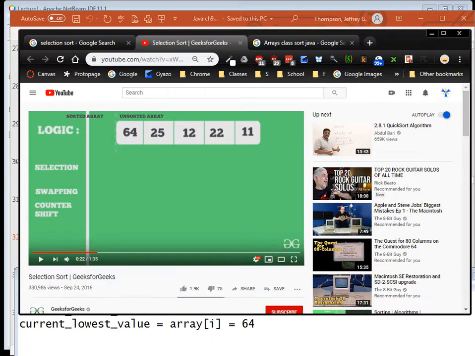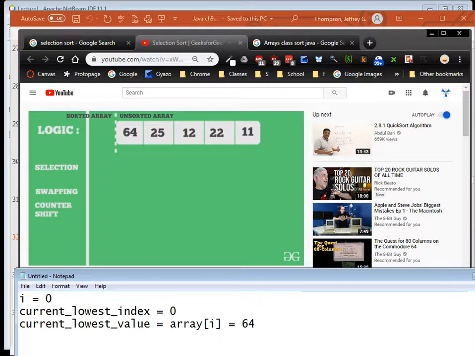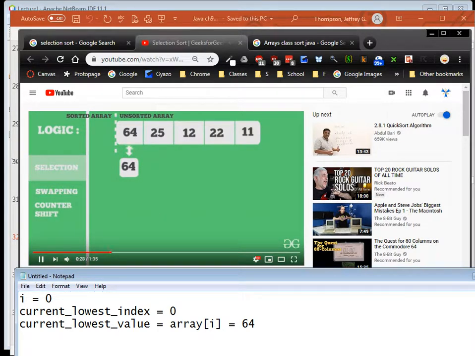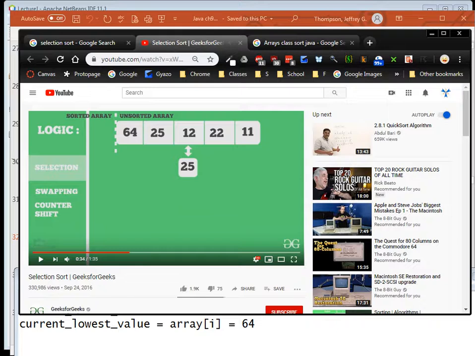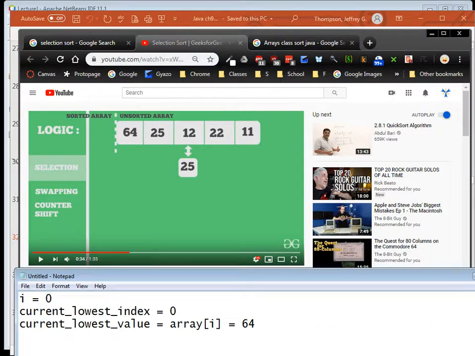Isn't that fun? You're watching a video of a video. So we go through. Our current lowest value is 64. We check it against 25. Aha! 25 is now our current lowest value. So at position 2, right, 0, 1, 2, we have a new current lowest index. And the value of that piece,